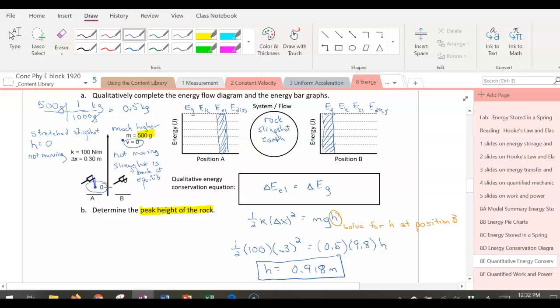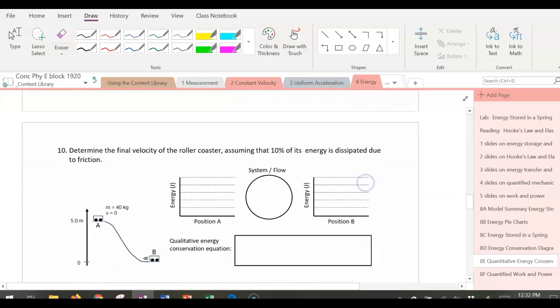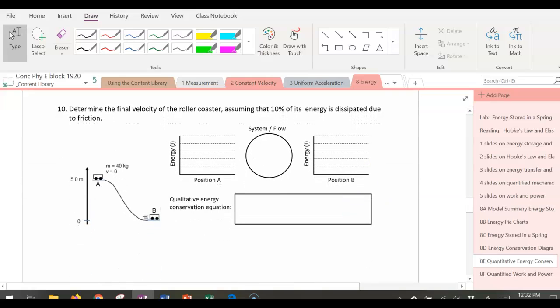Okay, let's go ahead and look at the next problem, which is number 10. So here we have a roller coaster, and we want to know the final velocity of the roller coaster. Ooh, and look at this. It says assume that 10% of its energy is dissipated due to friction. Okay, so at position A,